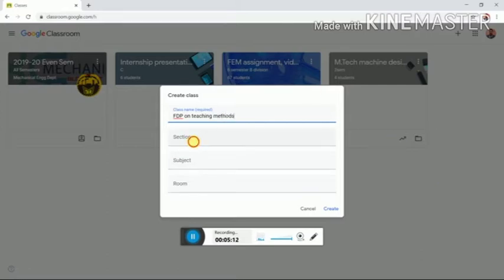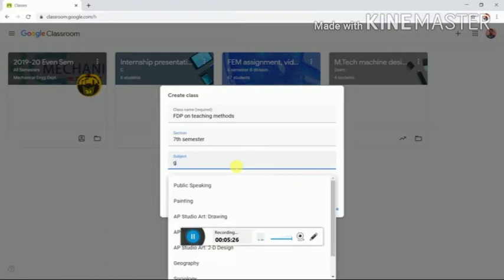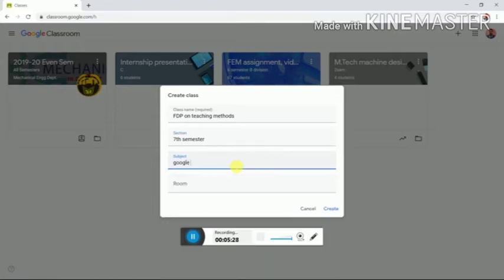Then the section, for example, suppose you are handling it for 7th semester, so 7th semester. Then you can give the subject. The subject is Google Classroom. Like this you can give. Suppose you want to give any room number also, you can allot the room number, for example A2173, in which room you are taking the class, that also you can give, and press create.